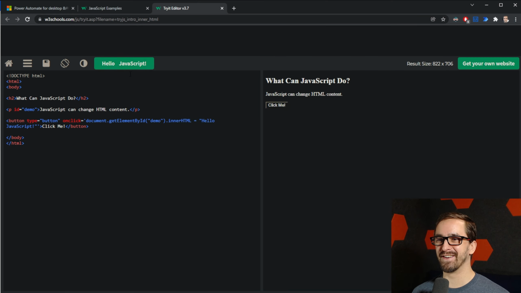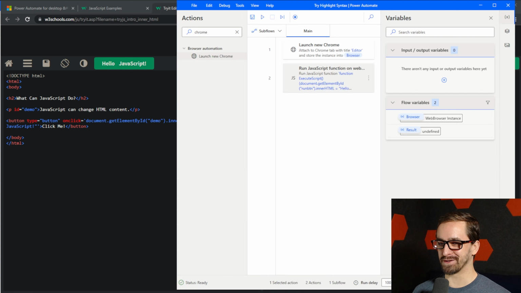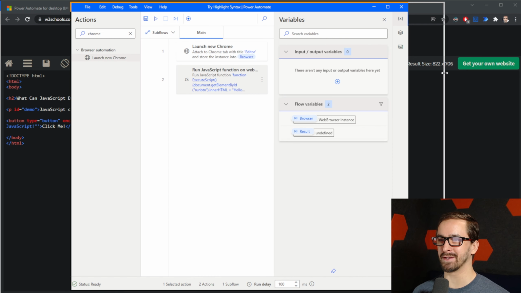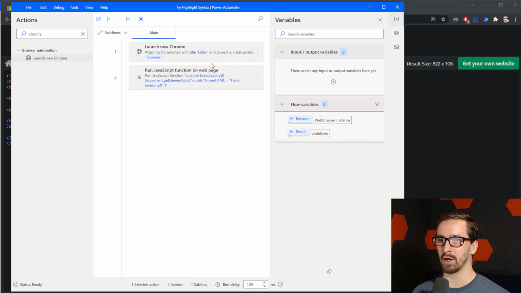Hey, look at that. We changed this button to say hello JavaScript. Oh my goodness, we're the best. Okay, I was far more satisfied with that than I probably should have been. That was exciting. Okay, so I apologize for not really explaining everything that I just did, but the point here